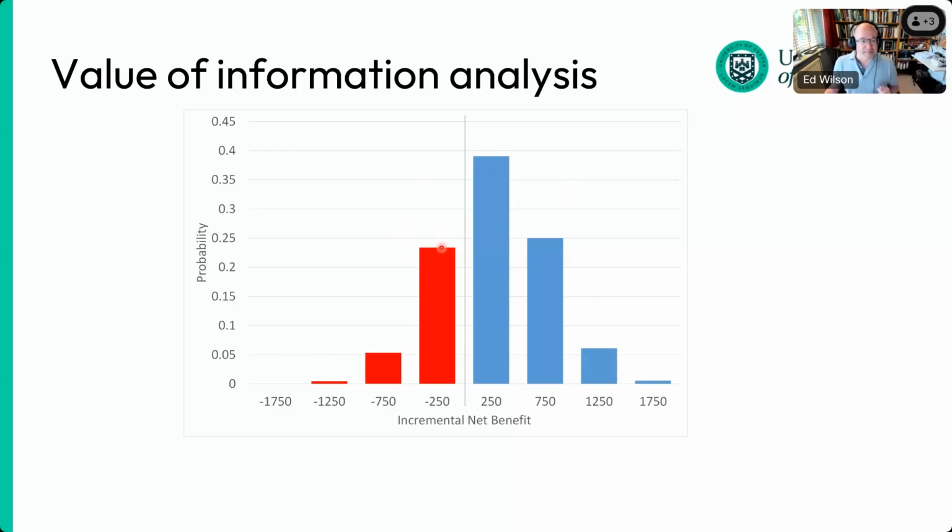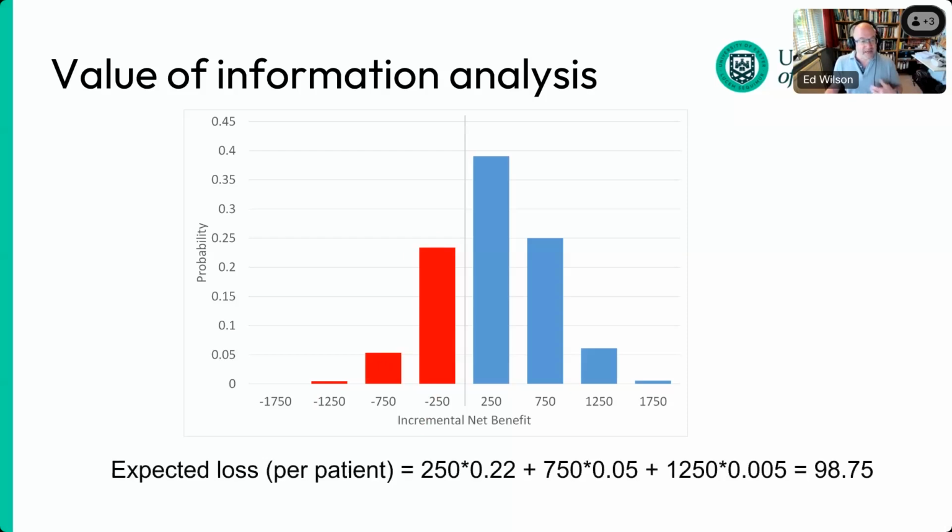In fact, there's about 20, I think it's supposed to be 22 actually, but it's got slightly stretched, so apologies. It's a 22% probability that actually we're going to incur a loss of 250. There's a smaller probability, about a 5% probability, that we'll incur a loss of 750, and a small probability that we've got a really big loss. So we can actually work out the expected loss due to uncertainty, and in this case, it's about just under £100,